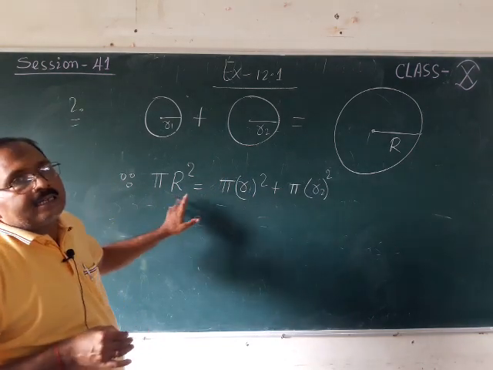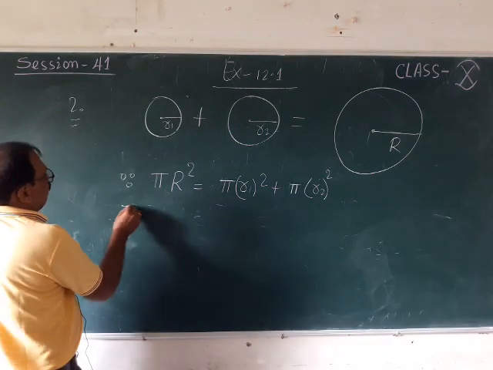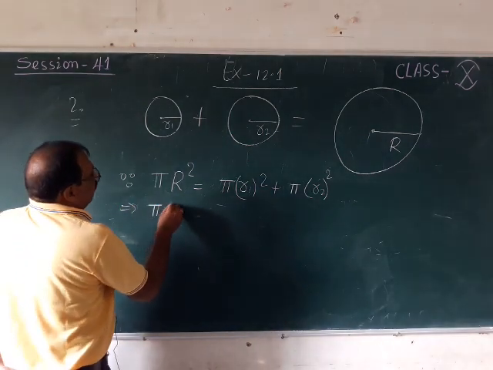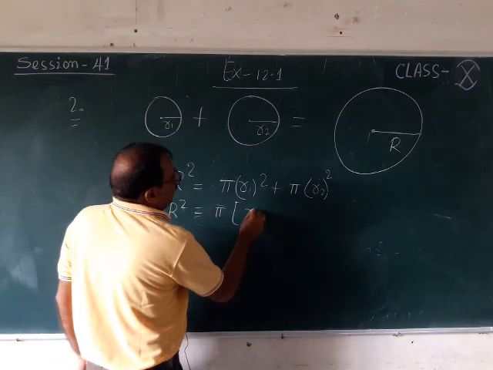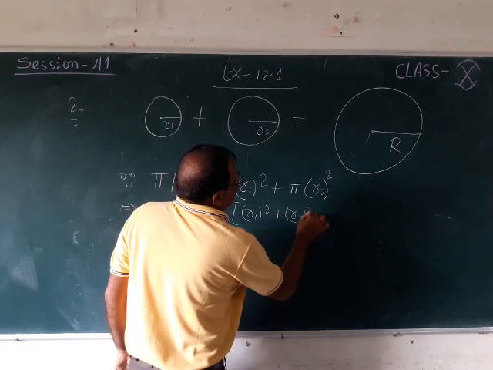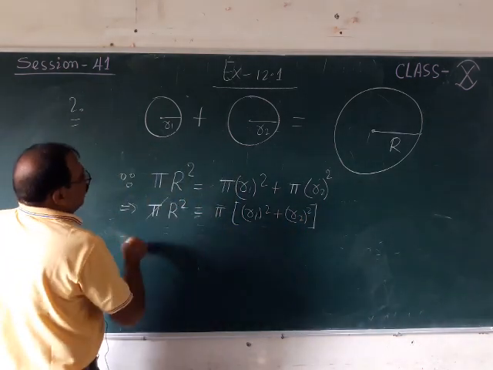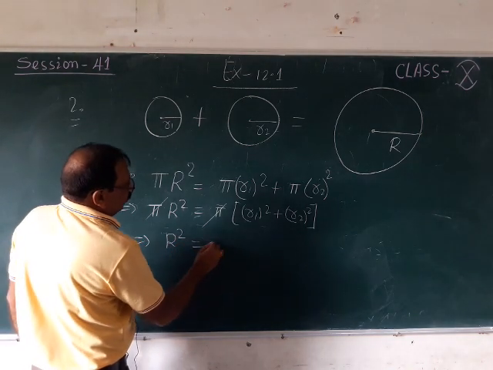Okay, and capital R is the radius of the new circle, that means the bigger circle. Now what have I done? I am writing pi R square, pi I am taking as common, then here in bracket I am having r1 square plus r2 square, close it. Now pi I can cancel, then R square is equal to r1